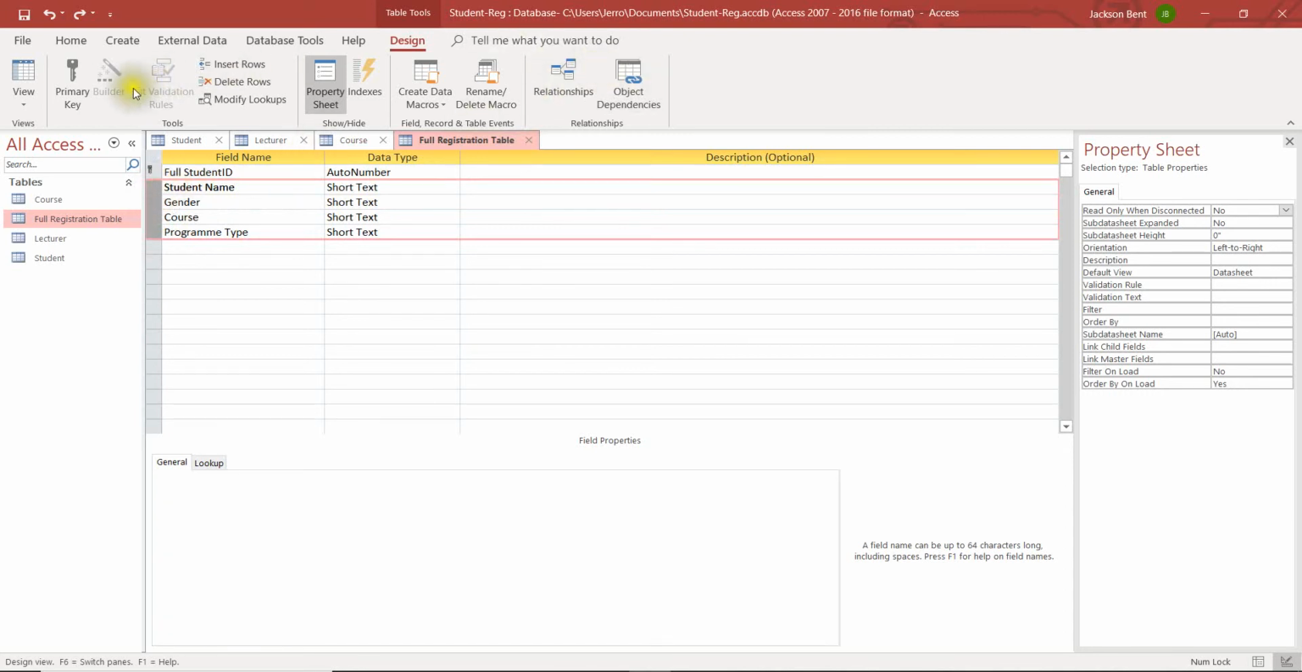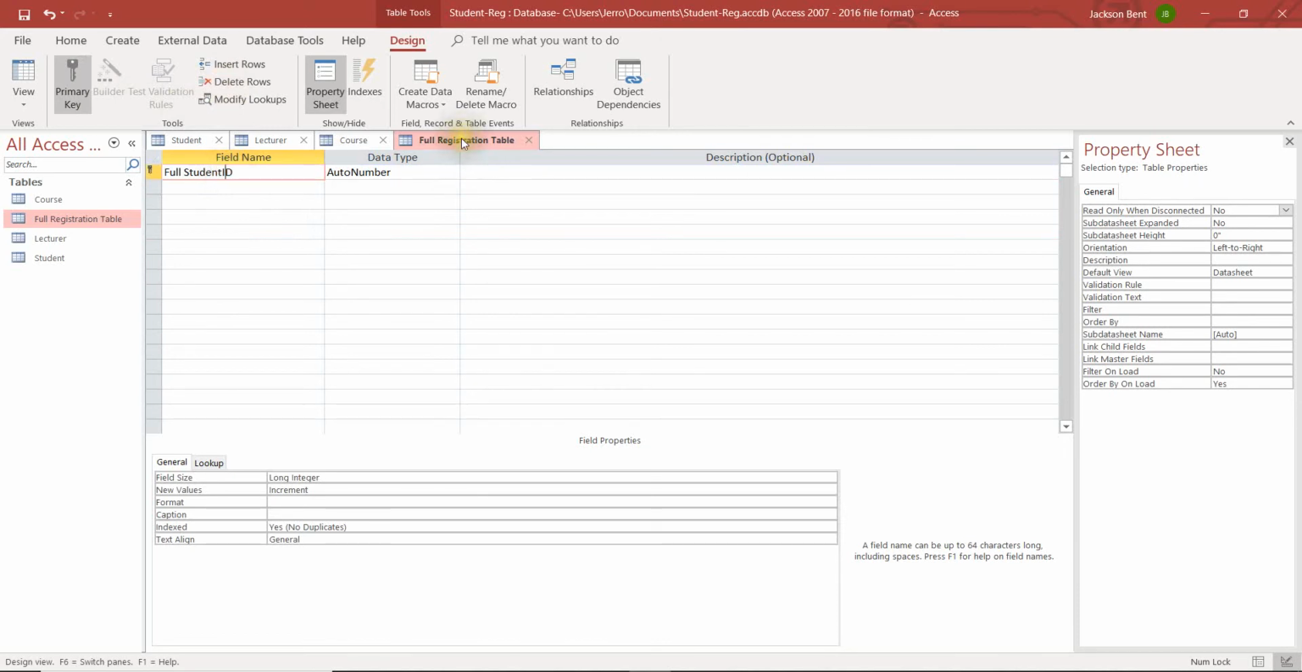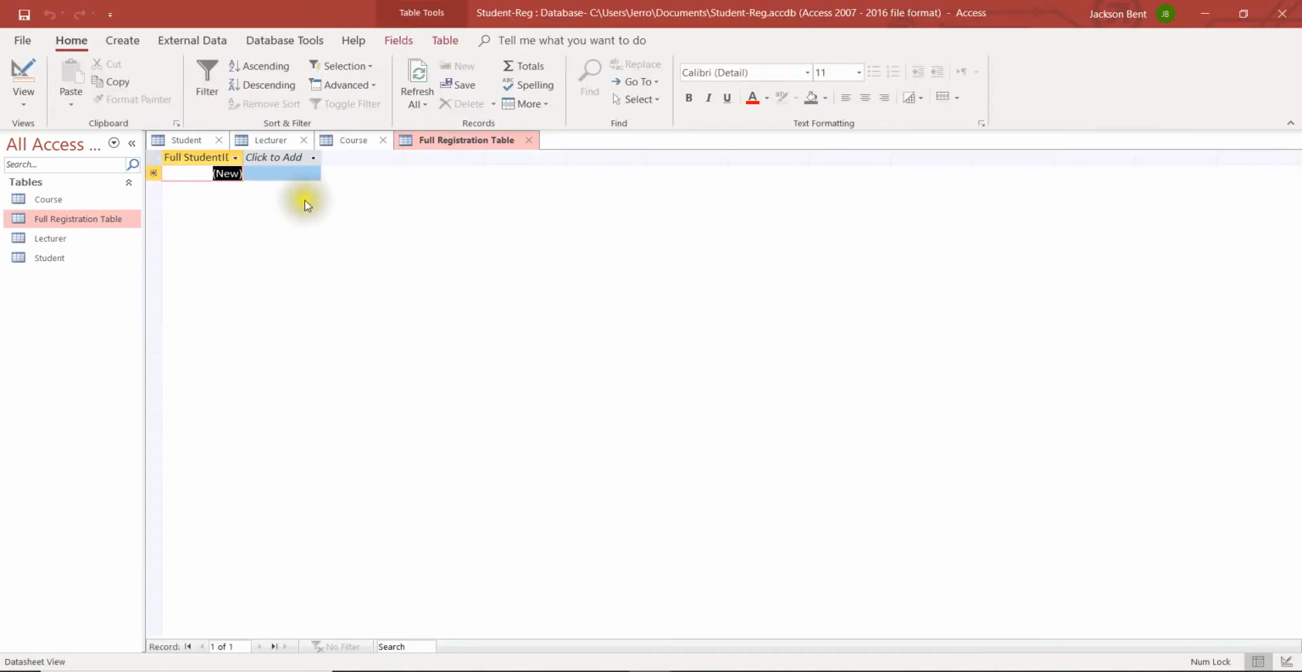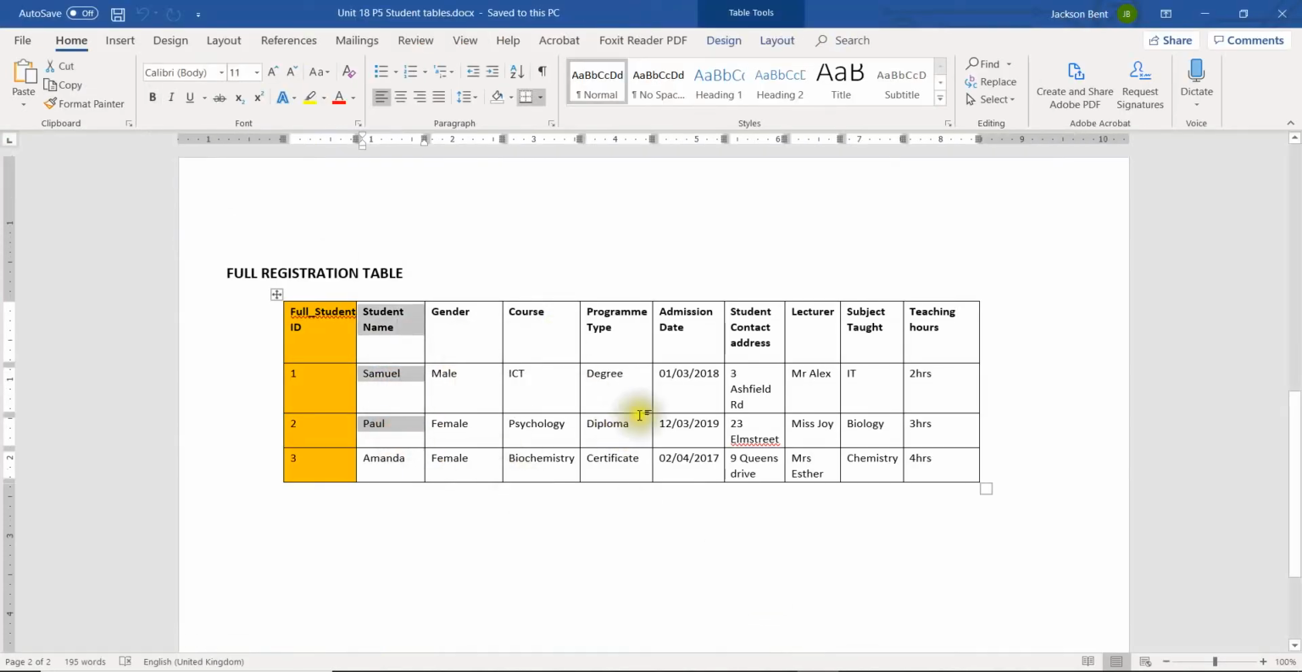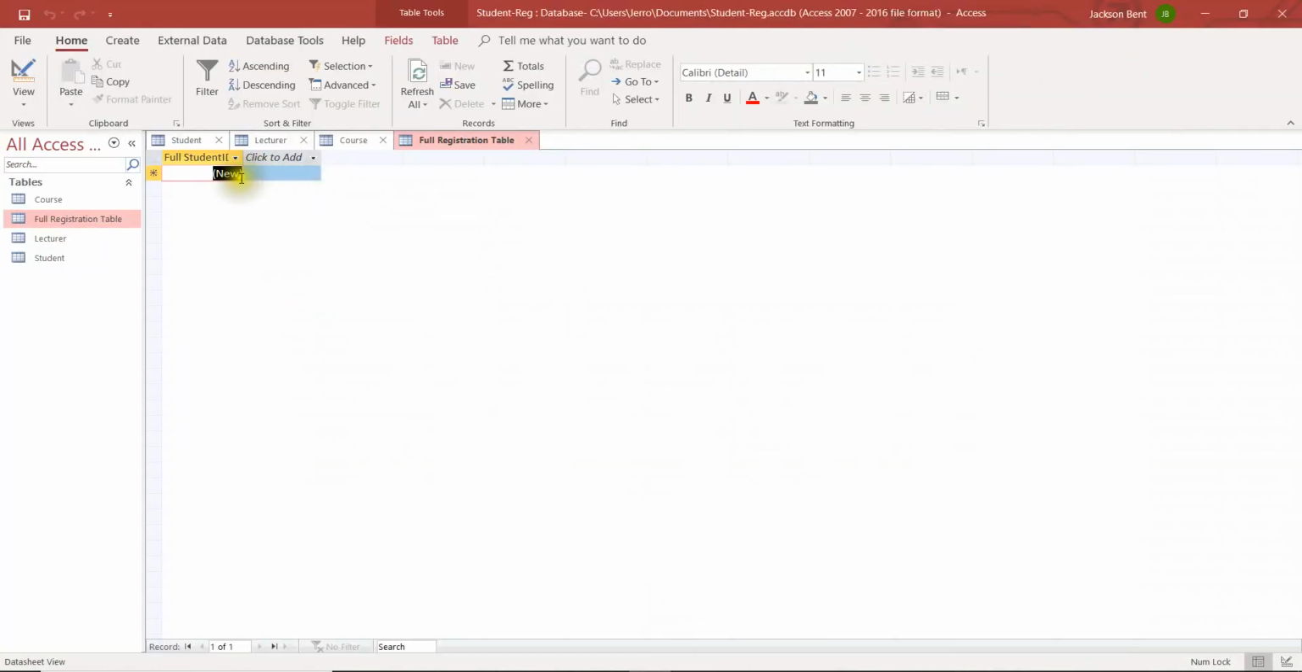Okay, so I've deleted the rows, just save that table. Okay, so let's move to Datasheet View. On Datasheet View, you will notice that the first thing there is student name. So you have student name, you have gender, course, program type, and so on and so forth, right? Now, since we have a student register, the first thing you're going